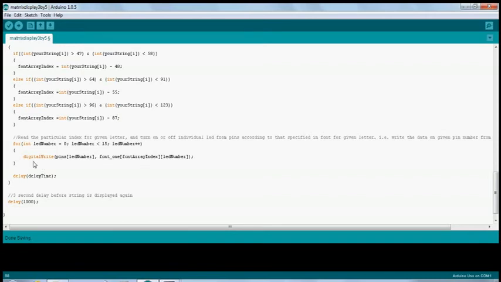This will be digitally written on the pins of the LED number. This LED number will be from 0 and less than 15.